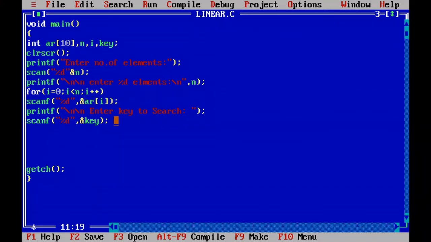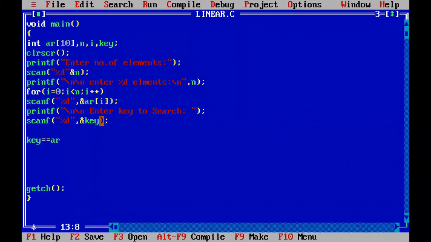For that, every time I want to read one element, starting with index 0, I will take one element from the ar array. First time I will take the first element and compare it with the key, whether the key is equal to the first element in the array or not.